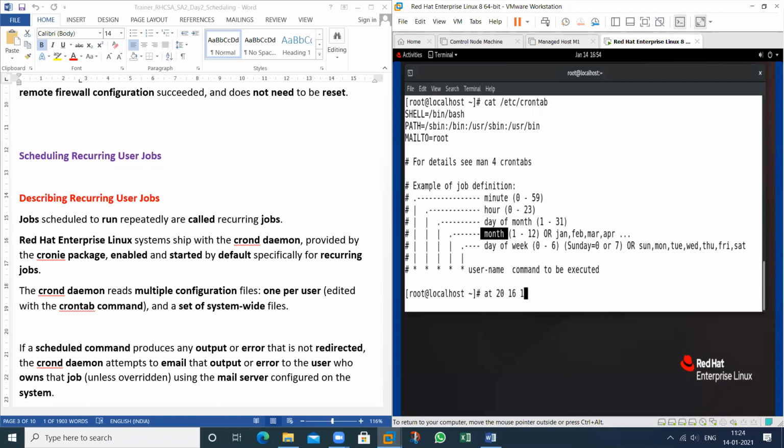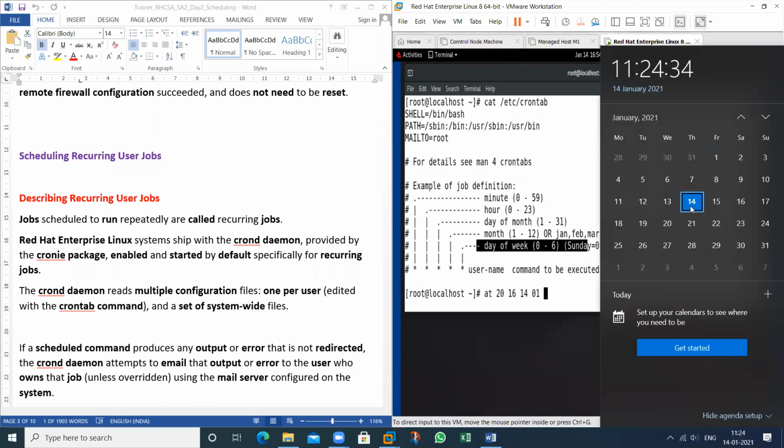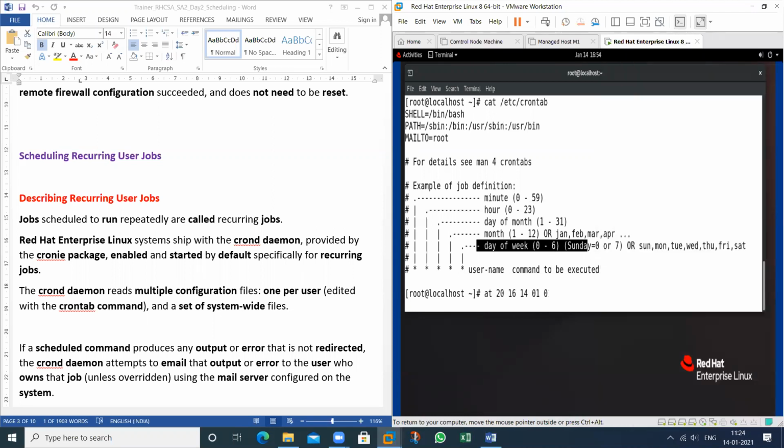It means today is the 14th. And which particular month? It can be 01. And today, what is it? It's Thursday. It means Monday, Tuesday, Wednesday, Thursday, Friday, Saturday, Sunday indicate 1, 2, 3, 4. Then what will I type here? Just 4. So we can understand this particular thing.